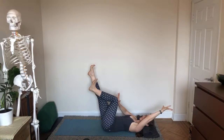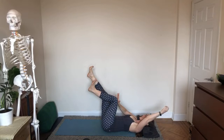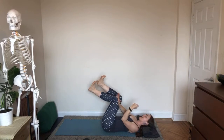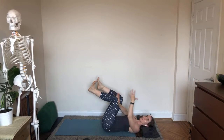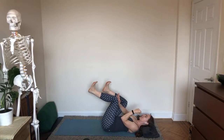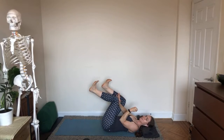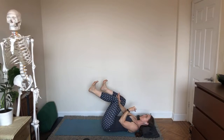Straighten it out and bring it back in. Straighten it out. So your straightening can look like mine, like mostly up here, kind of high up towards, still aiming towards the ceiling, leg and arm forming a V shape, or your straightening can look like this, and back. Now as I bring my left arm back to center, I'm bending the elbow because to me, each one of these repetitions